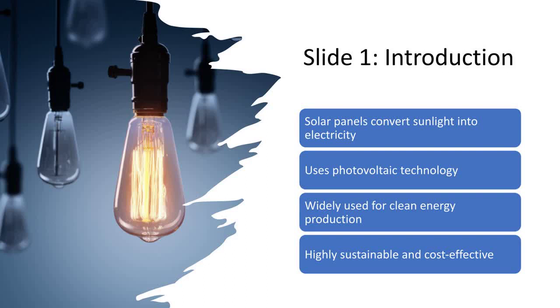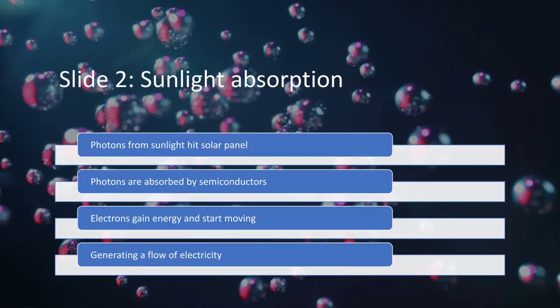In this second slide, we will be discussing the process of sunlight absorption by solar panels. When sunlight hits a solar panel, photons from the sunlight are absorbed by semiconductors within the panel. This absorption of photons causes the electrons within the semiconductors to gain energy and start moving, generating a flow of